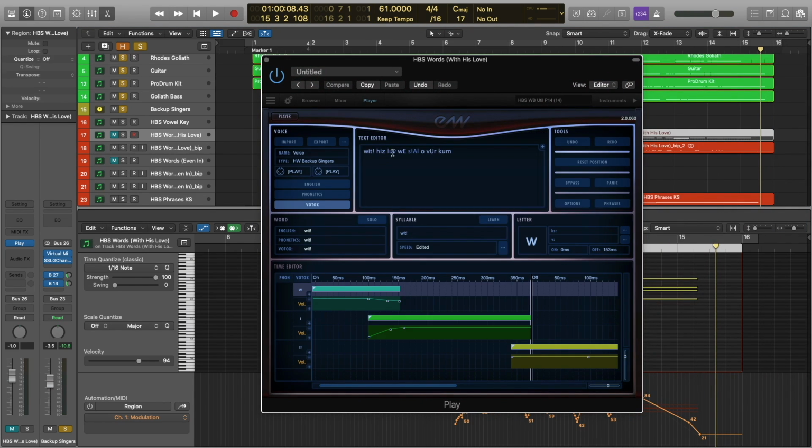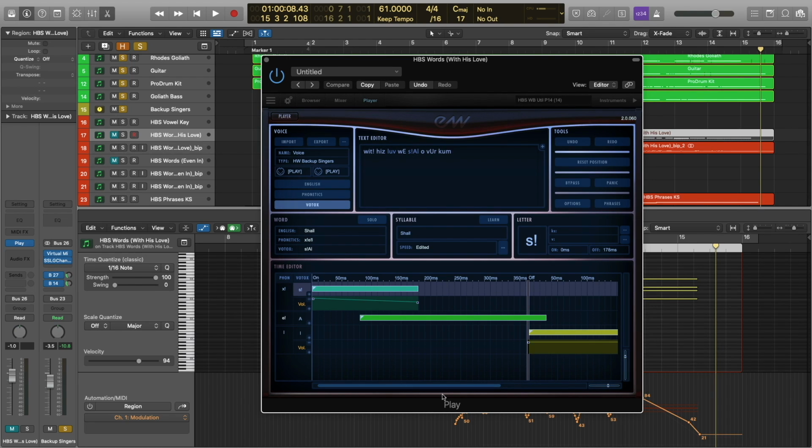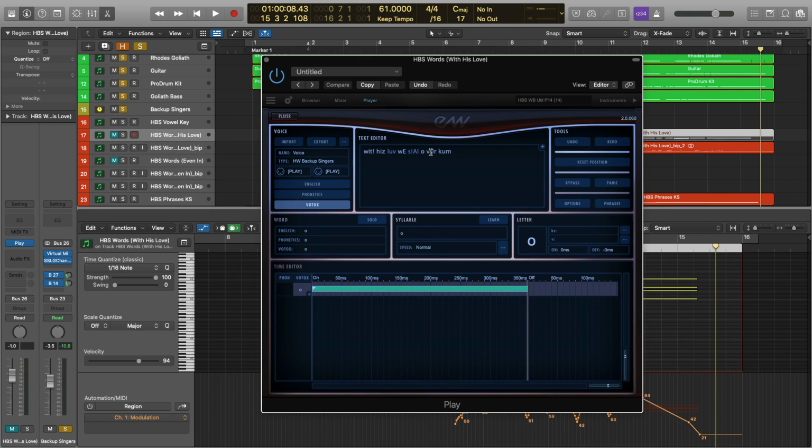So they're saying, with his love we shall overcome. And I'm just going to go through all the words so that you can see how they are programmed here. This is with, this is his, this is love, this is we, this is shall, this is the O, ver, come.